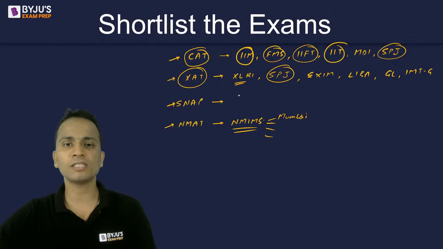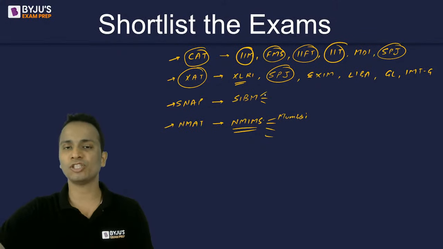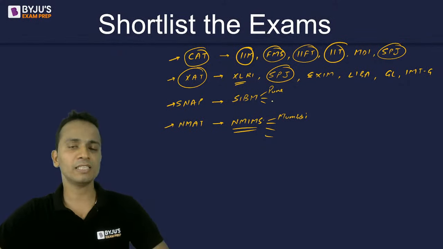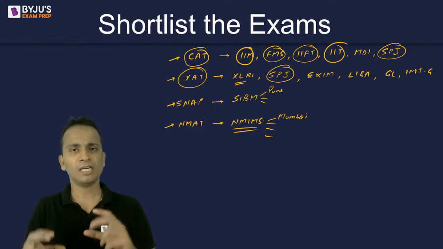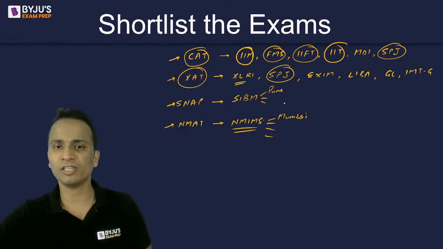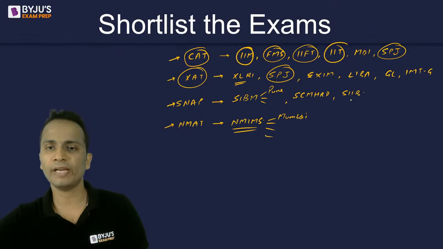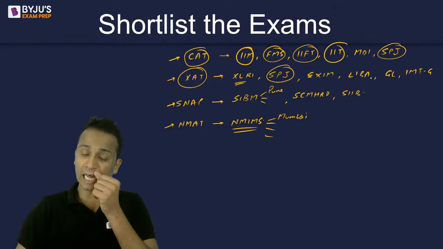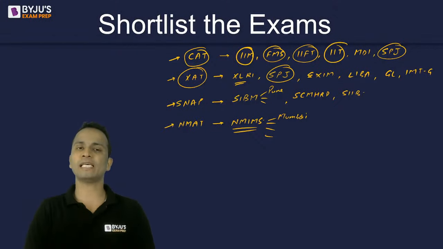One of the best colleges is SIBM, and SIBM once again has different branches. The main branch is in Pune, and this is one wonderful college. Now, SIBM Pune and Narsee Monjee Mumbai campus, they are neck to neck. So ये दोनों colleges बहुत ही अच्छे हैं, and you can consider these two colleges. Then after SIBM Pune, we have SCMHRD. Then after this, we have SIIB. All right. So there are plenty of colleges under SNAP you can consider. So SNAP is once again a very, very important examination to take.